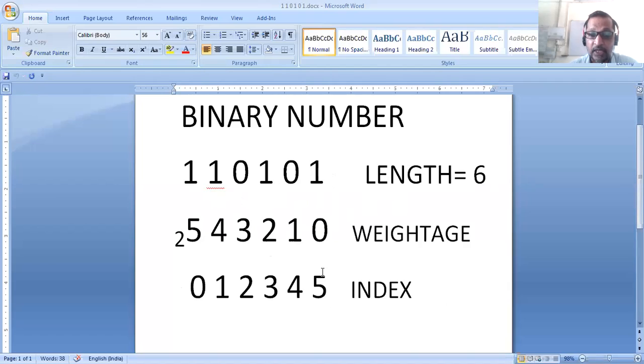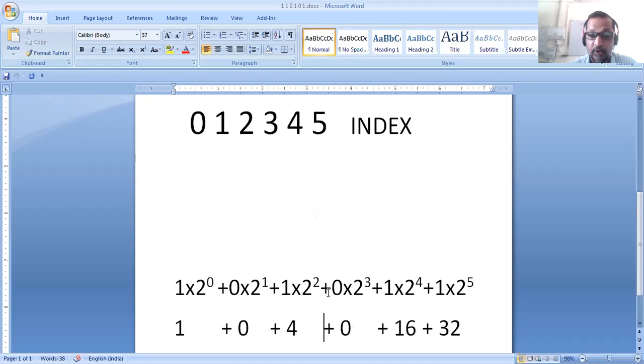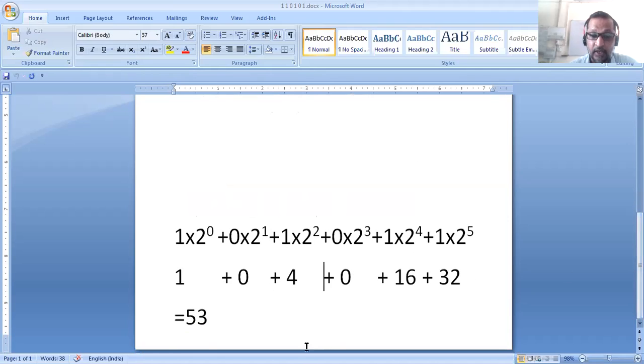Means the last index, that is 1 less than the length of the binary number, has weightage 2 to the power 5. Manually we do it like this: from unit place, 1 into 2 to the power 0, plus the next element 0 into 2 to the power 1, and like this. Then we add all these values and get the equivalent decimal number, here 53.